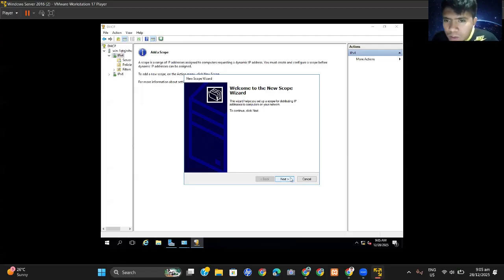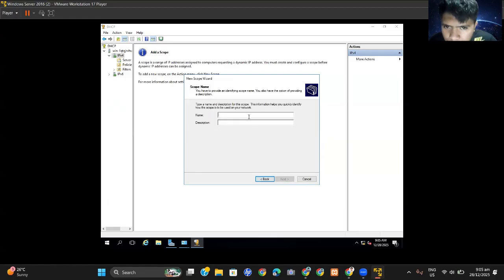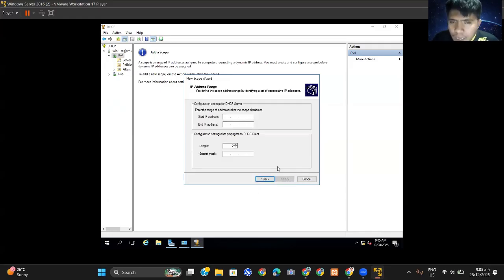So the purpose of the scope is that we need to set a range of the IPs that will connect. For example, there are 10 client PCs that will connect to the server OS. Then we need to set only 10 and ignore the others. For example, just click next, then type the scope name, which is CSS. Just click next in here. Then we need to add